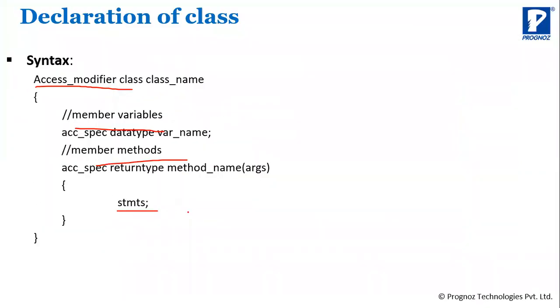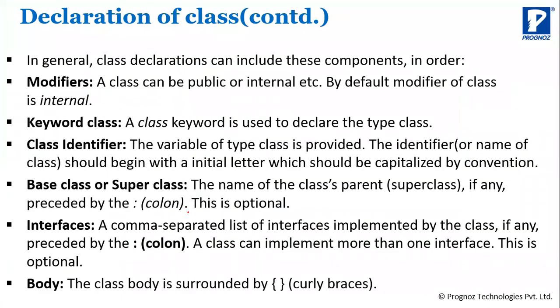So that we are going to discuss it here. Whenever we declare the class, we need to define the first modifier, the access modifier, like public, private, protected, internal, protected internal. When you declare a class, the class can be public or internal. A class cannot be protected or private, we cannot define it. So we can declare it as public or internal.